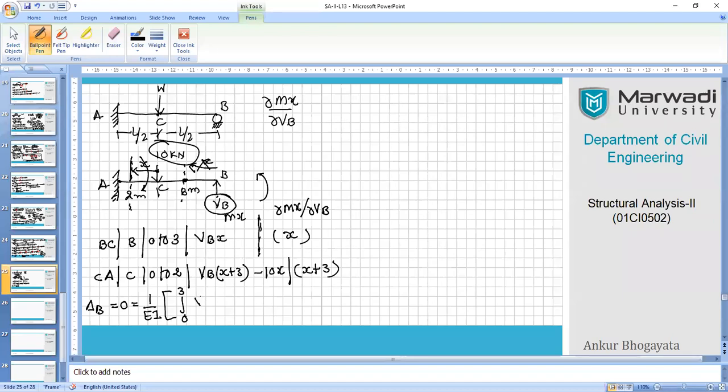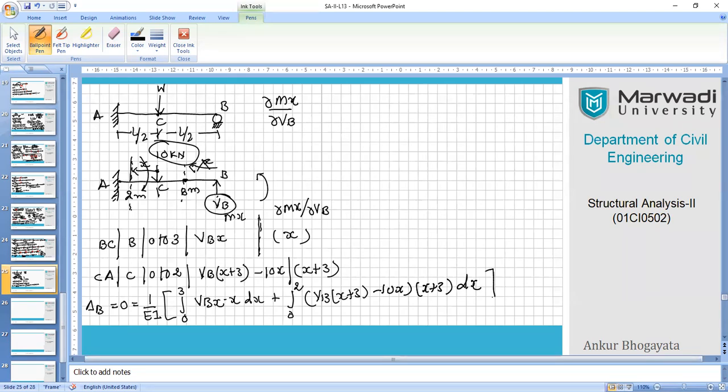So that is VB X into X dx, plus 0 to 2 meters VB into X plus 3, and there is one more term we need to consider, that is minus 10X here, into X plus 3